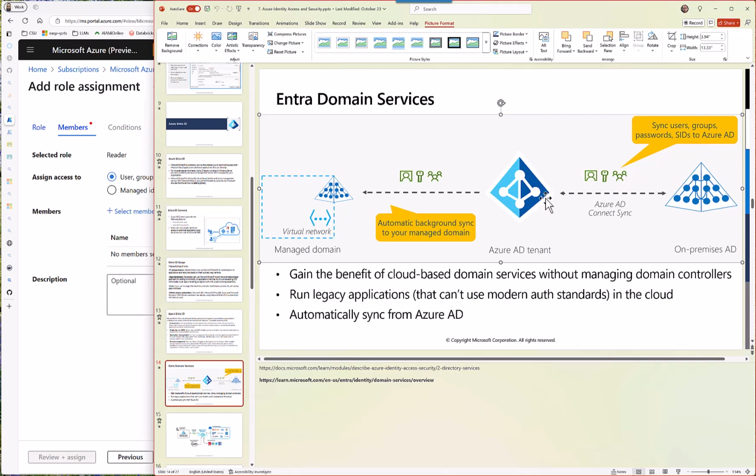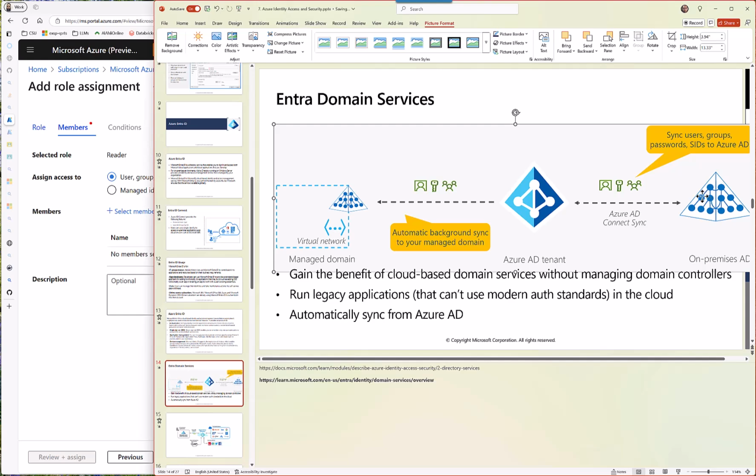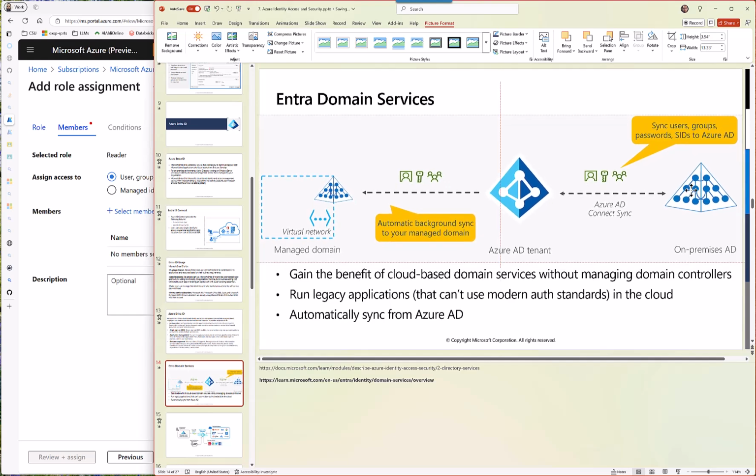Now we move to the cloud. Cloud means not there, but our services still want to move to cloud. So they are asking, okay, how can we use an LDAP-based service? We cannot use these latest standards, which are based on HTTPS and other technologies. We want to be able to talk to our LDAP. So what you do is, Microsoft gave us something called Entra Domain Services. Nothing special. This is simply a smaller version of this, virtual machines running and everything, right? It's exactly the same thing, given to you as a service, okay?